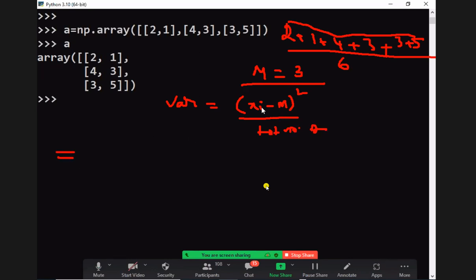What is the mean here? Absolute value, of course, you can take it. x1, x2, x3, x4, x5, x6. What is the mean here? 3. What is the first element of the matrix? 2. 2 minus 3 whole square